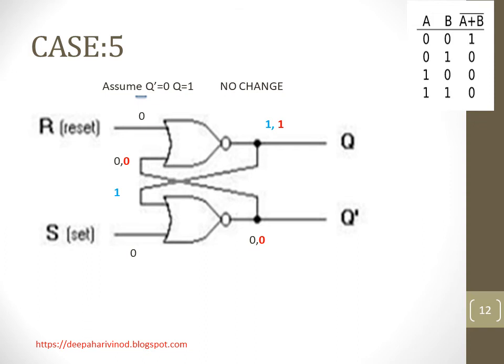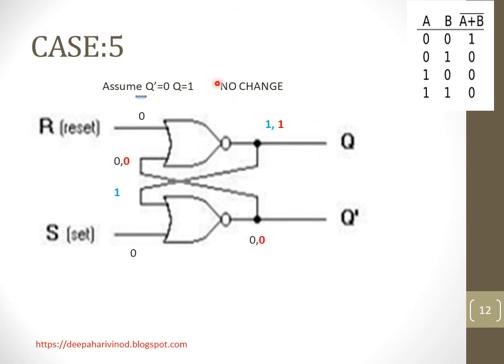Whatever we have assumed or had in the previous state, the same will be obtained. So here assumed is q bar as 0. Let me start with q bar is 0. That 0 goes here. 0 0, it is 1. That 1 comes here. 0 1, it is 0. Again that 0 goes here. 0 0, it is 1. That 1 comes here. 0 1, it is 0. So it goes on. It will be 1 and this is 0. So initially we assumed it as 1 and 0.